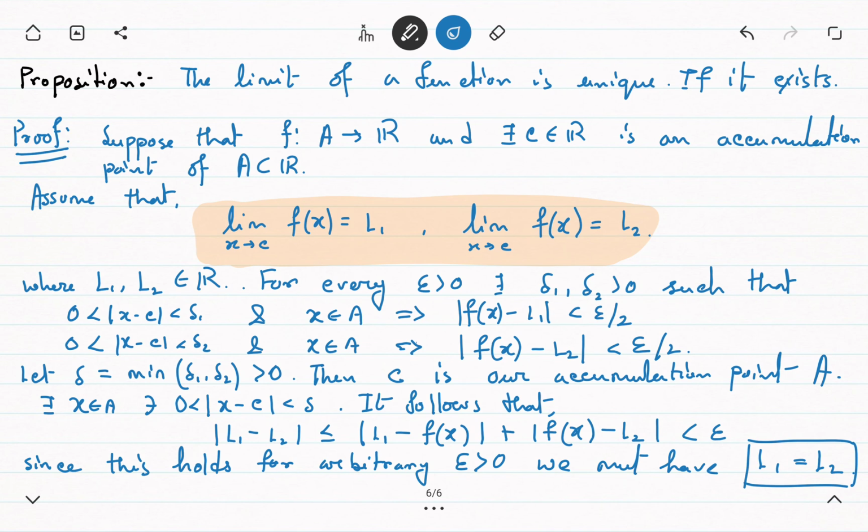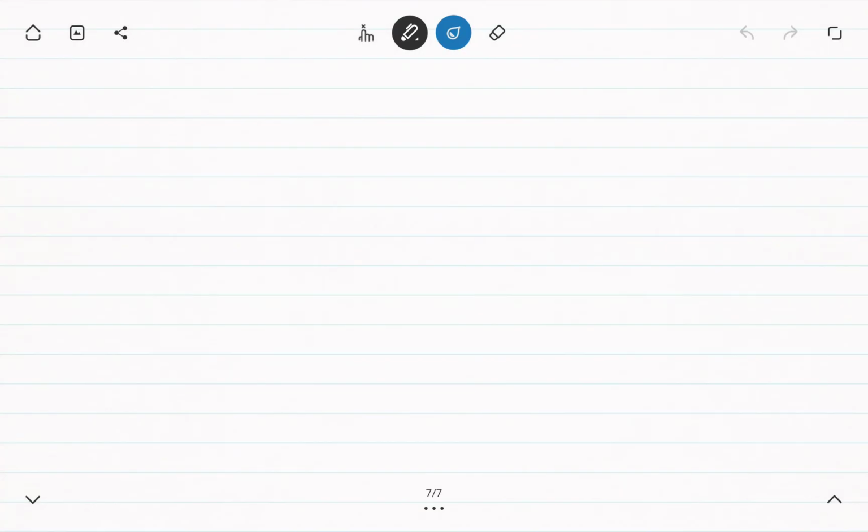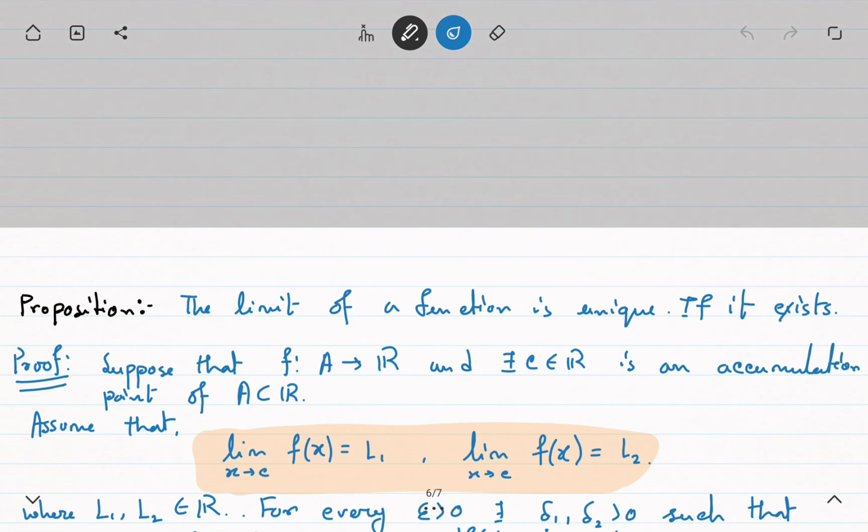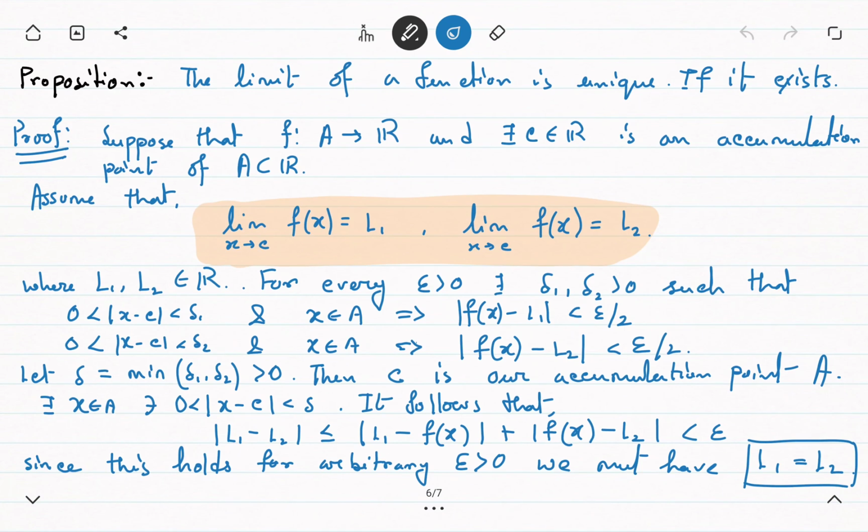If you carefully note this proof, we used the requirement in the definition of limit that this small c is an accumulation point of A. The limit definition would be vacuous if applied to a non-accumulation point, and in that case every real number L would be a limit. So if this epsilon delta definition is